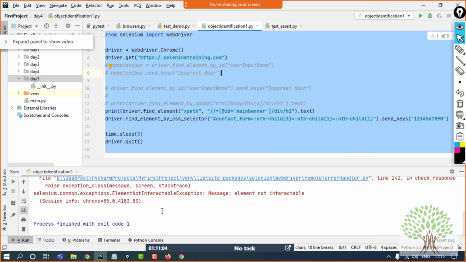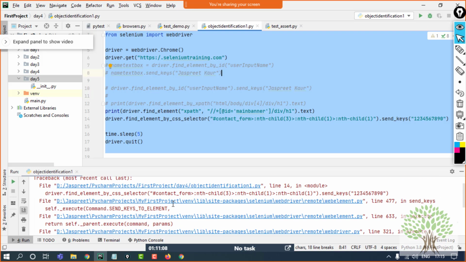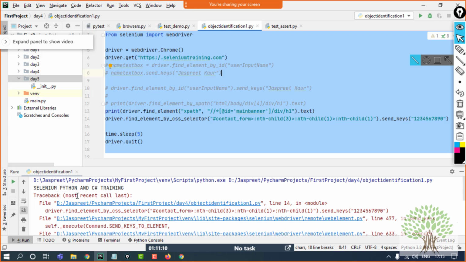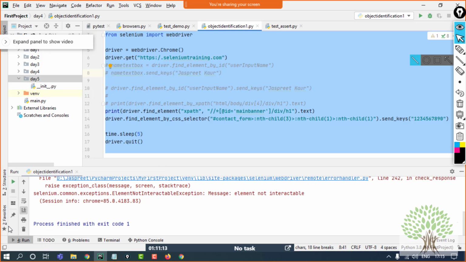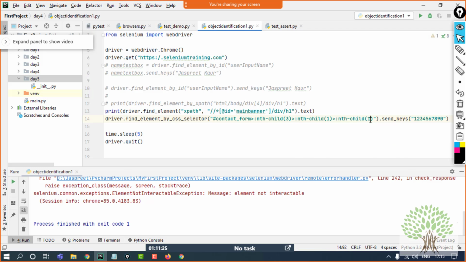The browser also did not close itself because my error was there, and over here also I got an error that the element is not interactable. There is no such element that I can interact with. Selenium is finding that. Fine. So the CSS selector is easy to make, but you need to be careful. So if I just correct it.